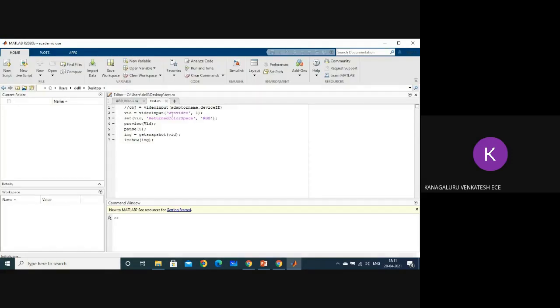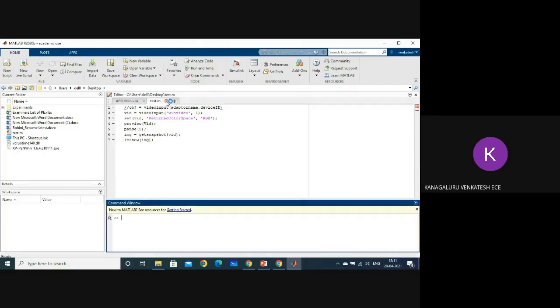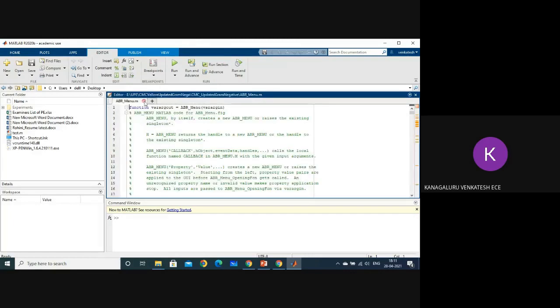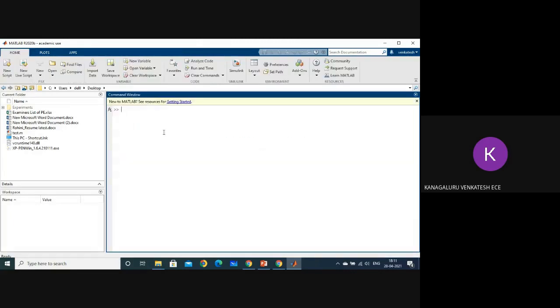So I already worked out some programs, that's why straight away, earlier I worked with some programs. That's why you could see all those things. I'm just going to close everything. So this is what you could see the moment you open the MATLAB software, a screen like this with the